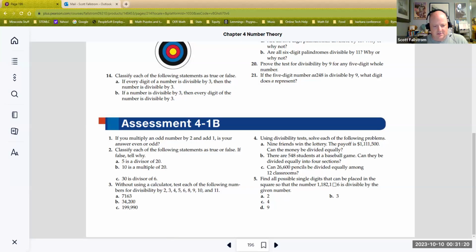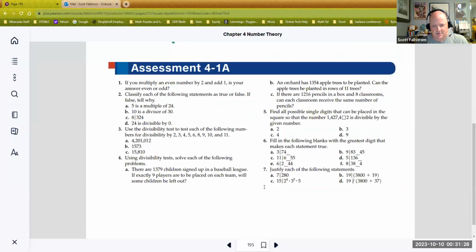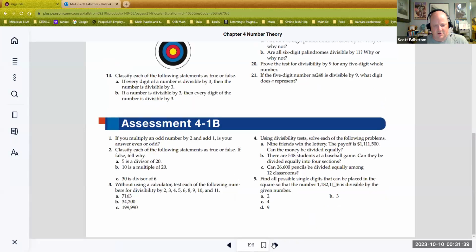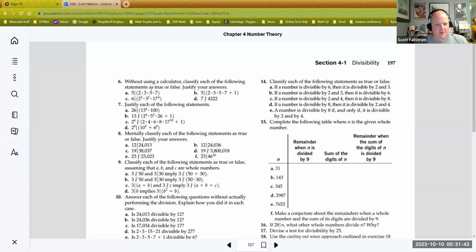And let's see here. Question 6. I guess honestly 6 or 7 maybe. Let's see here. What's the difference between A and B? Oh, that's the single digit one. This is without using a calculator, justify whether it works. Okay. We can do,